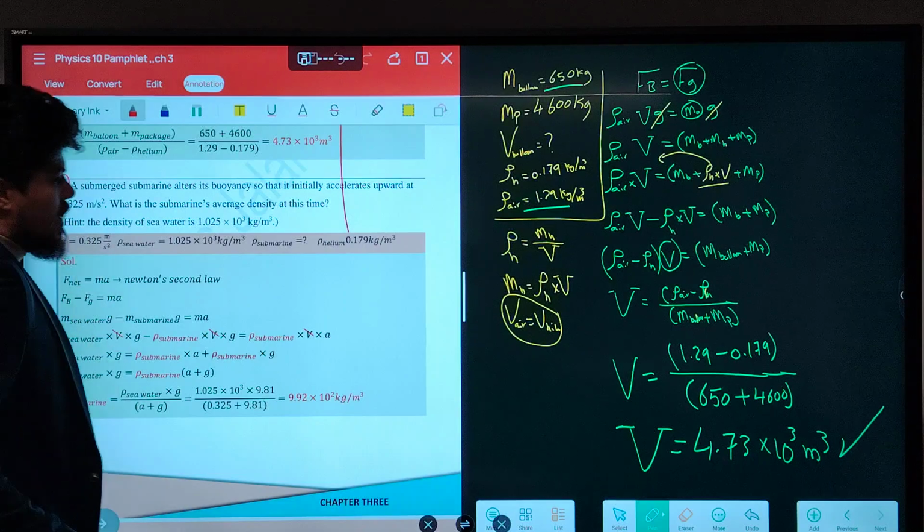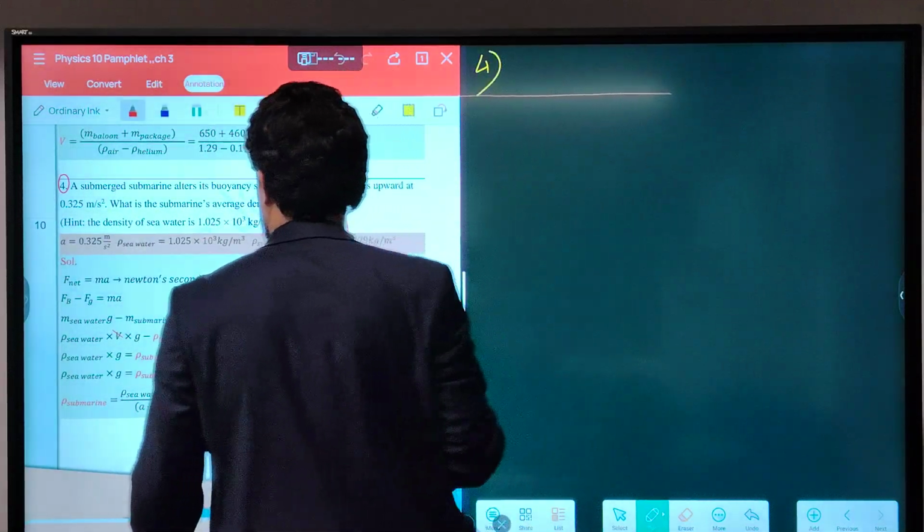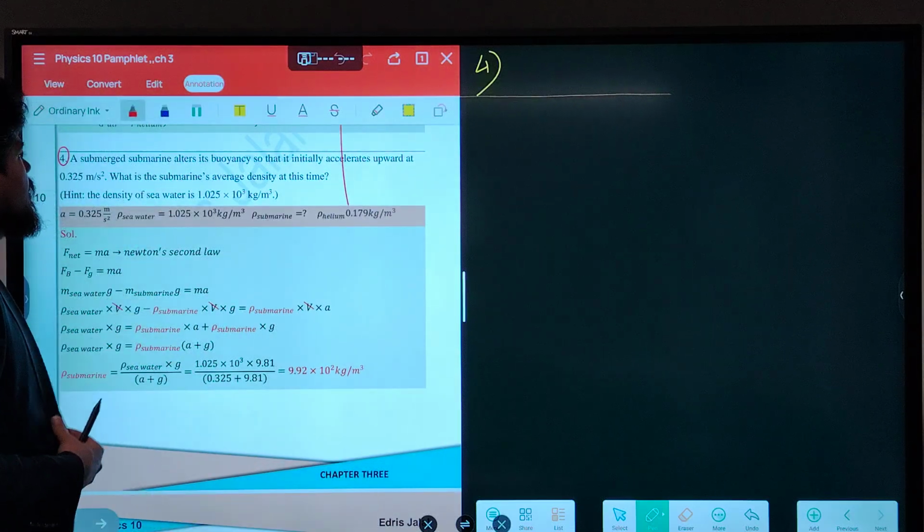Question 4 in the section review. A submerged submarine altered the